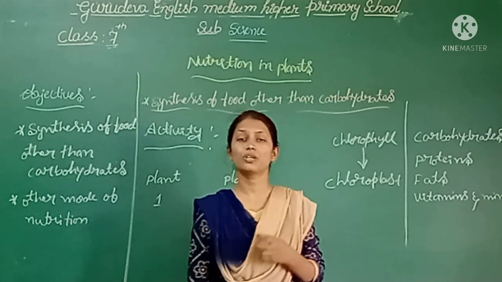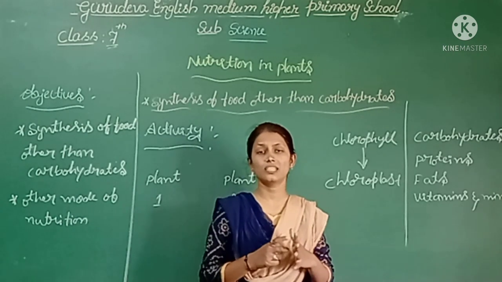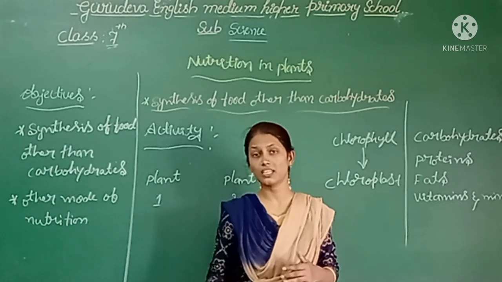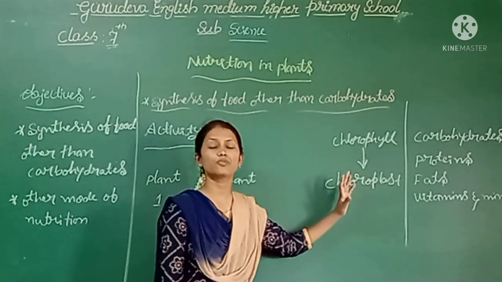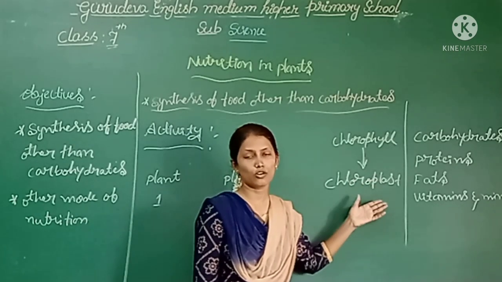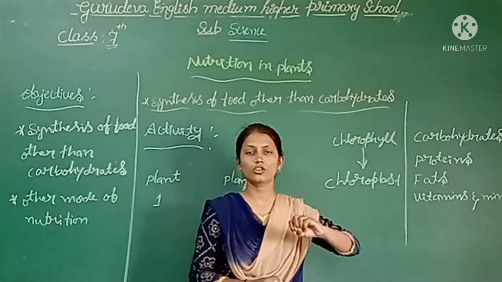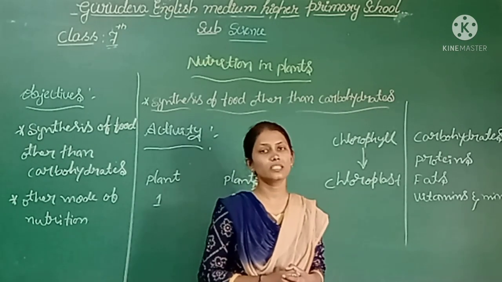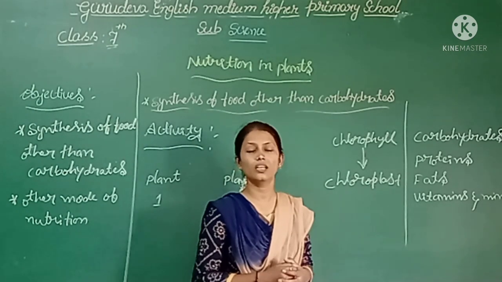In higher classes you can learn more about this. There are types of cells. We have classified the cells into different categories, that is plant cell and animal cell. In the plant cell, chloroplast is present, so it is one of the organelles. In that chloroplast organelle, the chlorophyll pigment is present. In the photosynthesis process, by using the chlorophyll pigment, the food is prepared. You might have seen the structure of the chloroplast in that video.